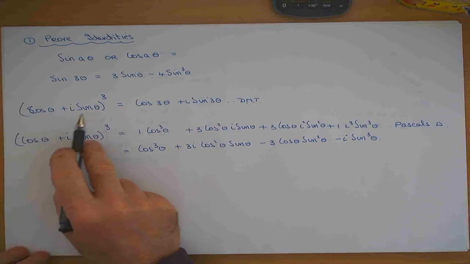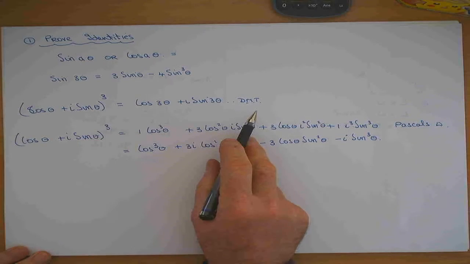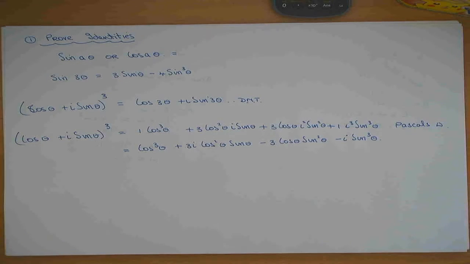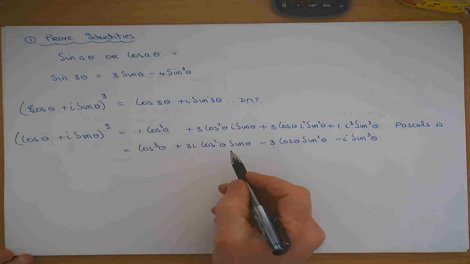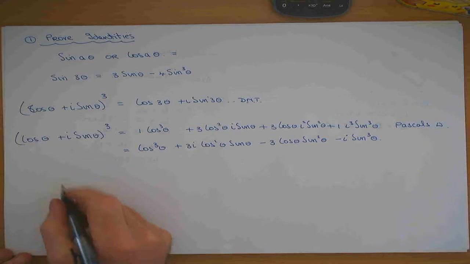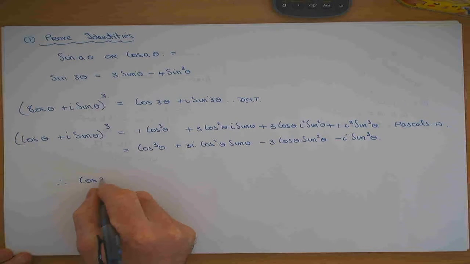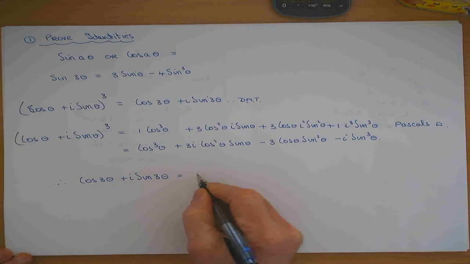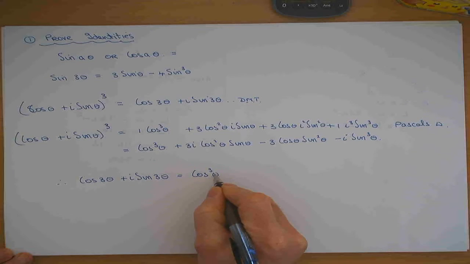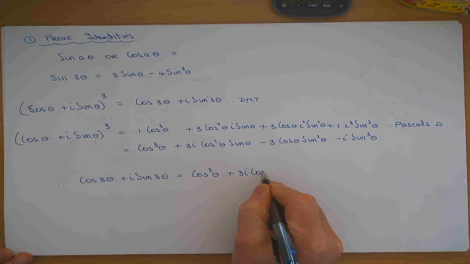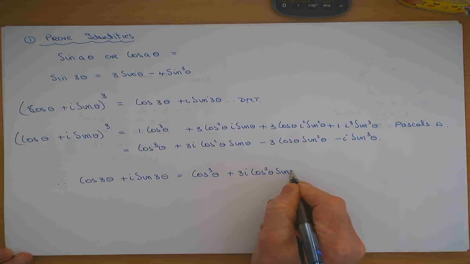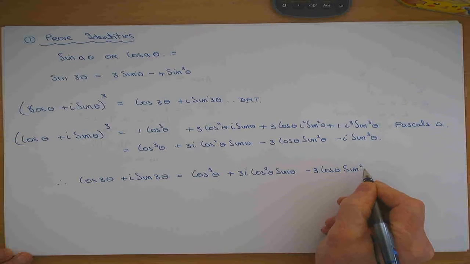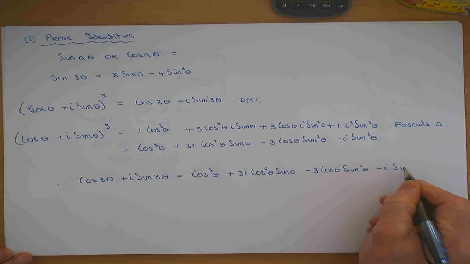So I could say cos theta plus iota sine theta, all cubed, is that using De Moivre's theorem. Or I could say it's that using Pascal's triangle. So therefore, what about that and that? They're the same. Therefore, I can say cos 3 theta plus iota sine 3 theta has to be the same as cos cubed theta plus 3 iota cos squared theta sine theta minus 3 cosine theta sine squared theta minus iota sine cubed